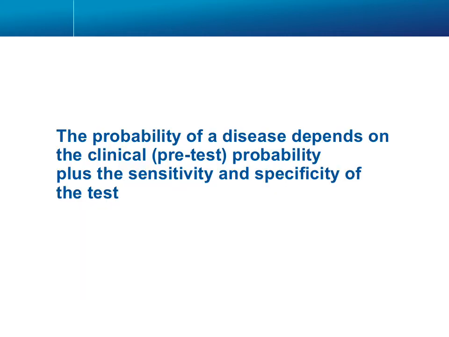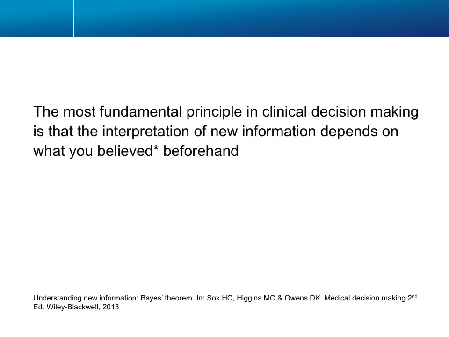that the probability that someone actually has a disease depends on the clinical or the pre-test probability. That's your judgment based on your knowledge of epidemiology, basic science and clinical medicine, your history and exam, plus the sensitivity and specificity of the test. And the most fundamental principle in clinical decision making is that the interpretation of new information depends on what you